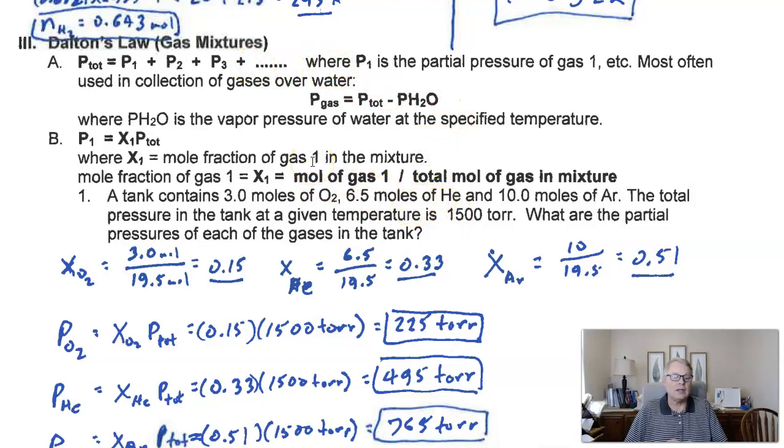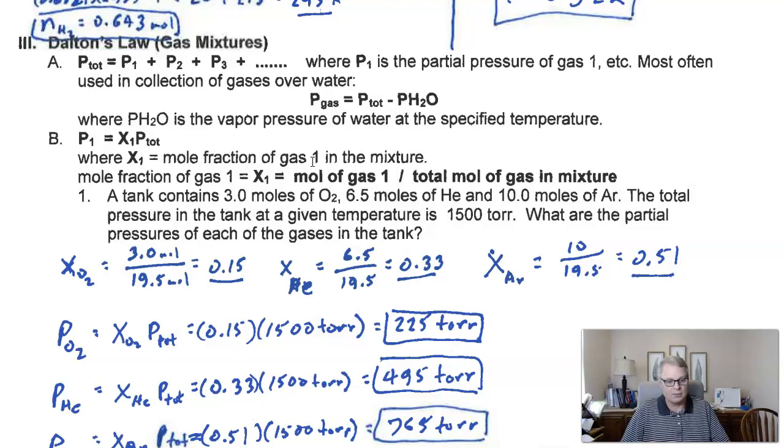Okay, now don't get too freaked out about this partial pressure stuff. Partial pressure just means, let's say for example I had a tire and I've got air in the tire. And let's say that I found a way to take out everything but the nitrogen, and I left the nitrogen in there. If I remeasured the pressure of the tire at that point, whatever pressure I get, that's the partial